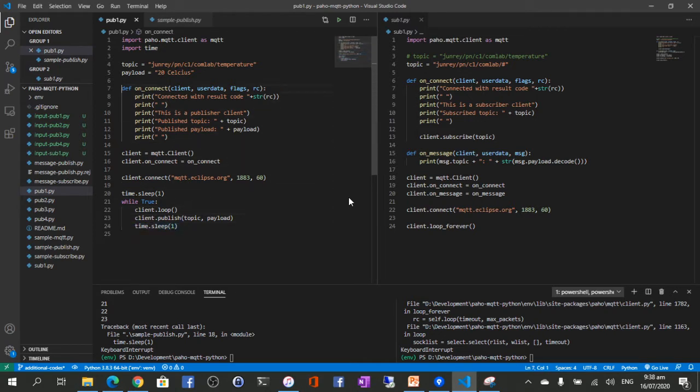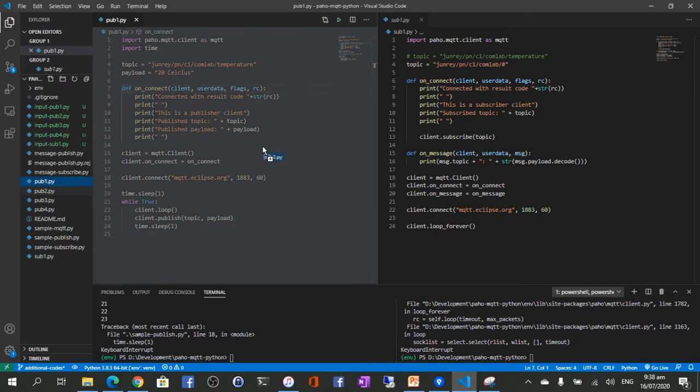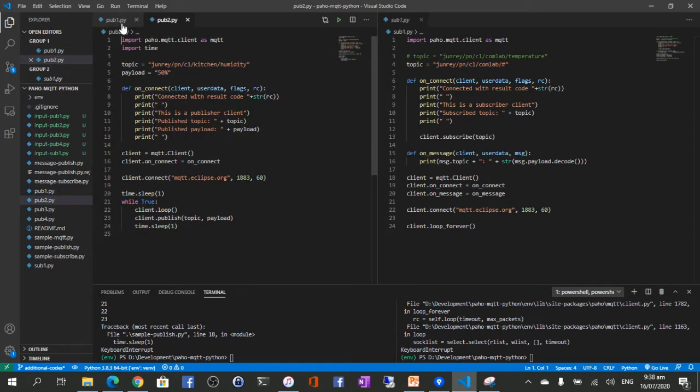So that's the pub1.py. For the pub2.py, they're basically the same, but I changed the values for the topic and payload. For the pub2, I put genre, PN, C1, kitchen, humidity, and the payload is 50%.